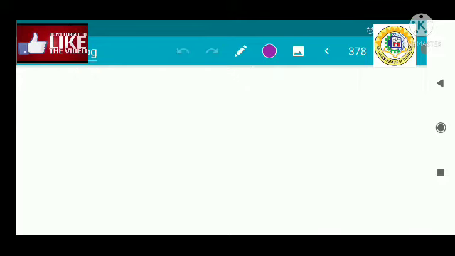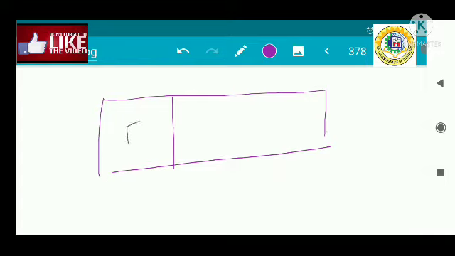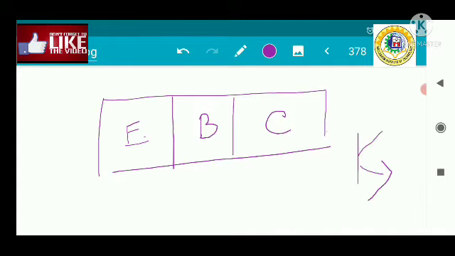All of you know that the transistor is a three terminal device: emitter, base and collector. These terminals are connected with other circuit elements. Whenever we connect the transistor like this, this is your base terminal, and a resistance is connected with the base terminal. This point is called the contact. This is a metal contact, this is also a metal contact, and this is also a metal contact.